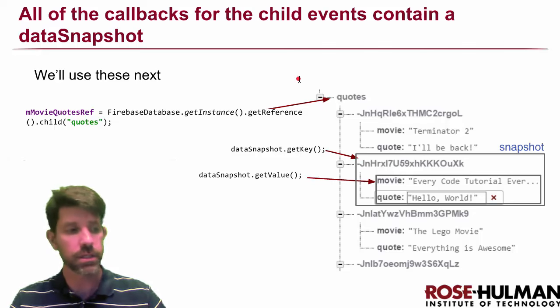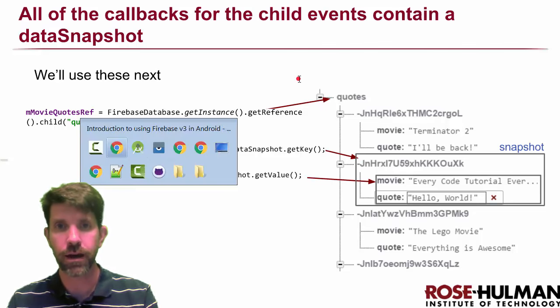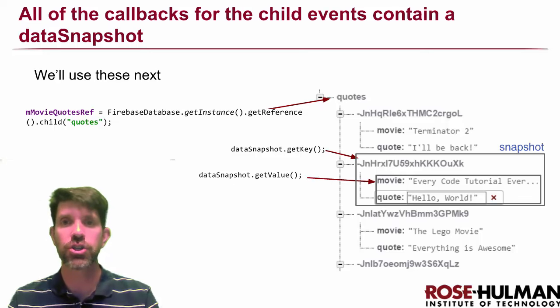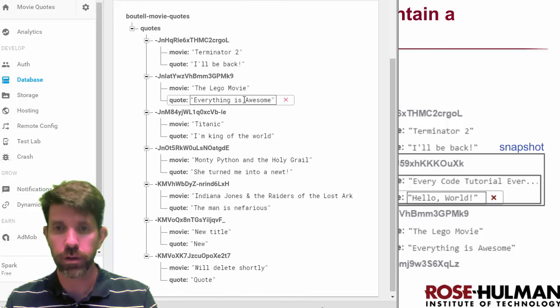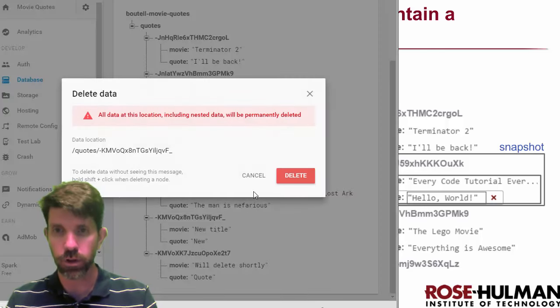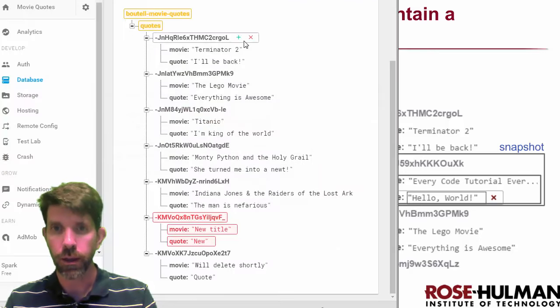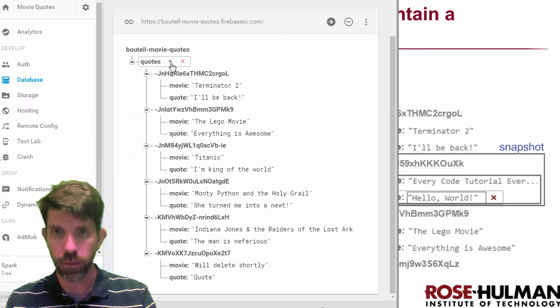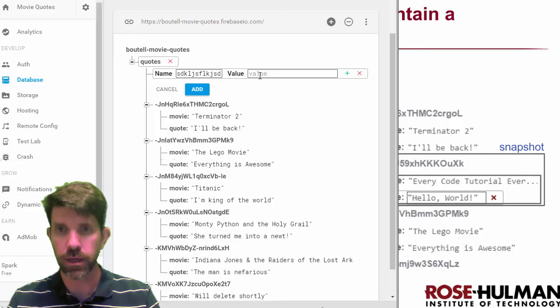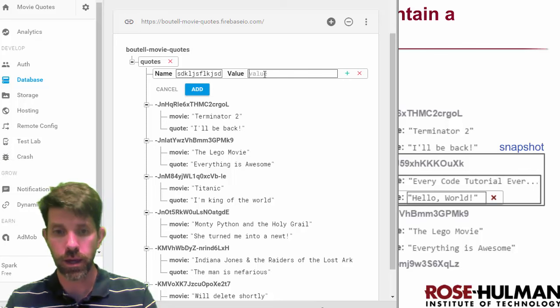But what we want to be able to see is that we get all our quotes, and in fact, I could even add new ones on the back end, and they should show up immediately. Right? Probably not a bad test here. So what I'm going to do is delete one of these guys just to make room, and then I will come under quotes, and I will add, and I'm just going to sort of make up a key here, and with